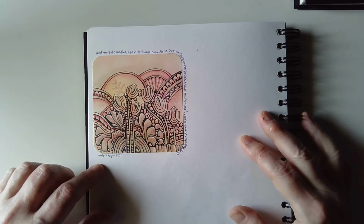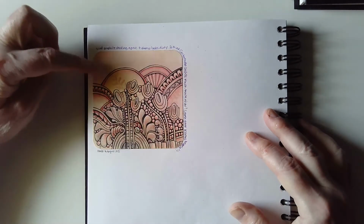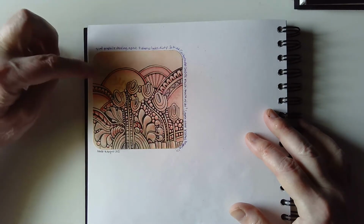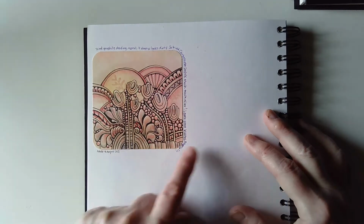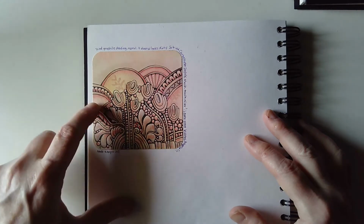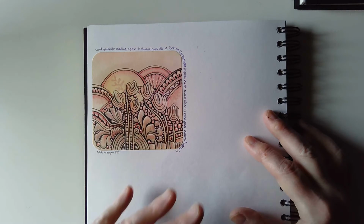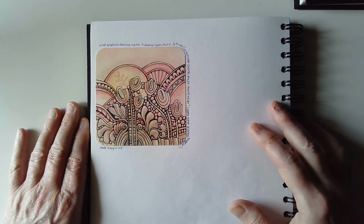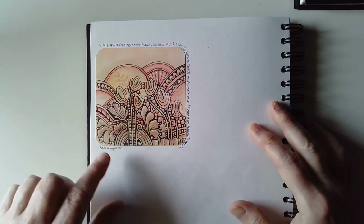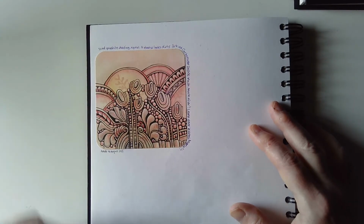And drawn in ink, and I've added colour to the background. It was distress ink coloured, but it was a piece I'd stenciled patterns over, and you can see these patterns peeking out in places. And if you look closely, you can even see them running through the design itself. It's not so easy to see because to colour this I used the Carbothello chalk pastels and some graphite pencil, and they're a bit opaque. They do tend to block out that background